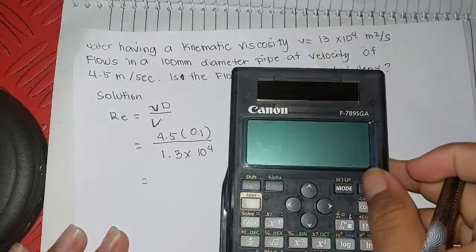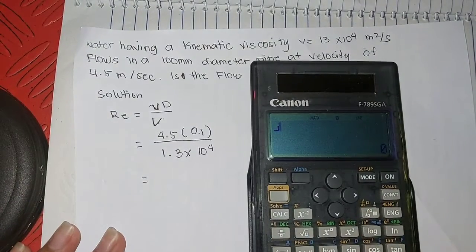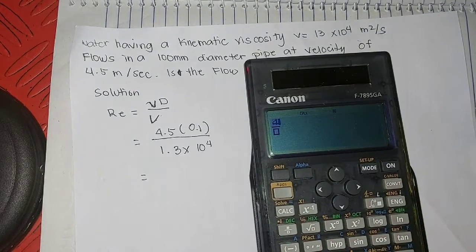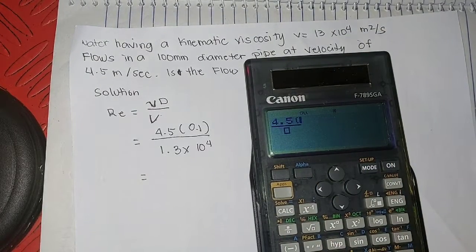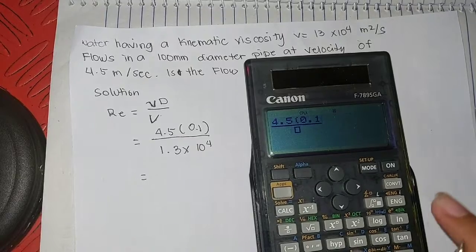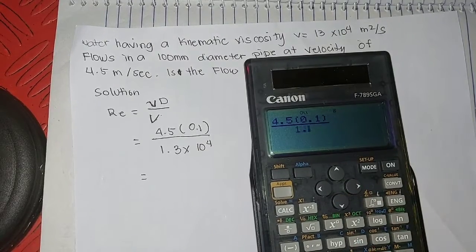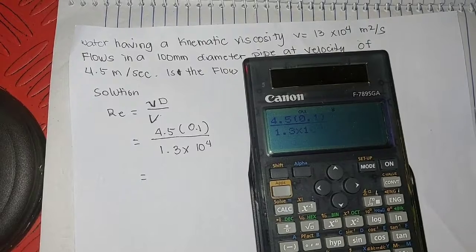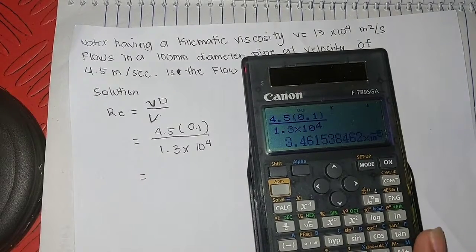So if we're going to calculate that, 4.5 multiplied by 0.1 over 1.3 times 10 raised to the power of 4, it is equal to